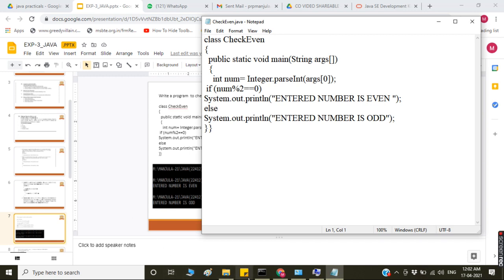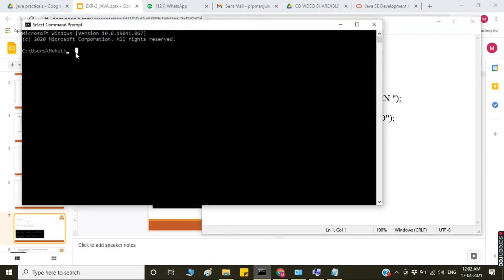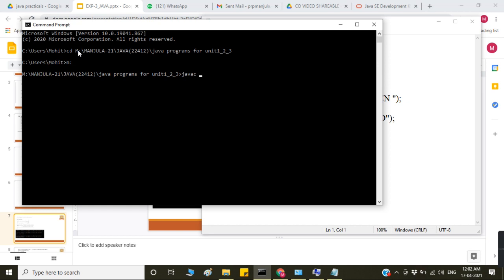So I want to compile this. Again it is closed. CD, so em directory. So javac check even.